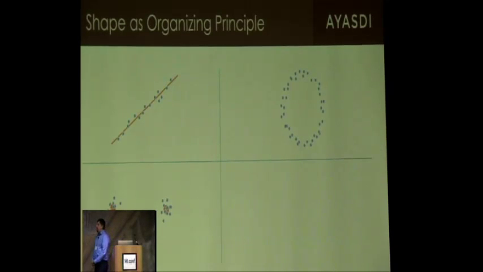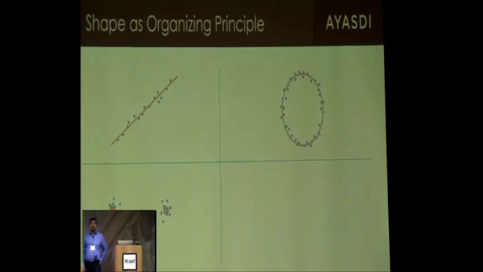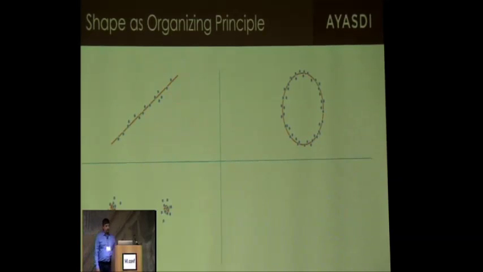Here's another shape. If you see this in your data, typically you're going to have periodic signals. Something's going to be periodic with respect to some parameter, maybe time, maybe pressure, maybe something else, right? Circles are another kind of shape. You're all familiar with them. They represent periodic behavior.